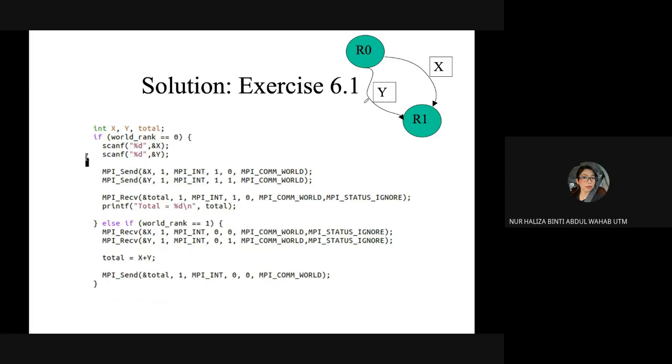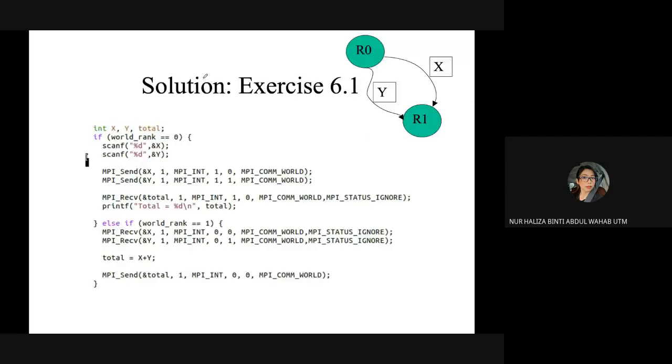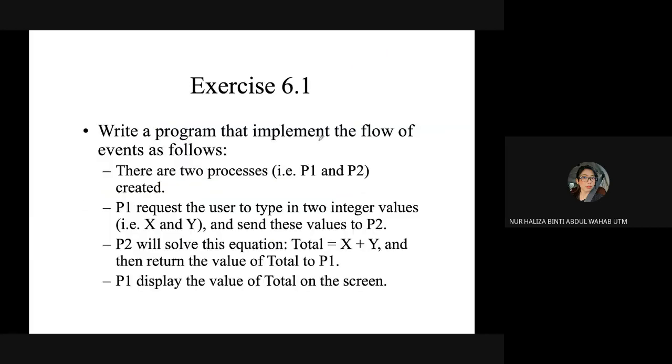So there is an exercise and also a solution. Please try to do it. You are already given the source code over here. Please try to run it. Okay. The question: write a program that implements the flow of events as follows.